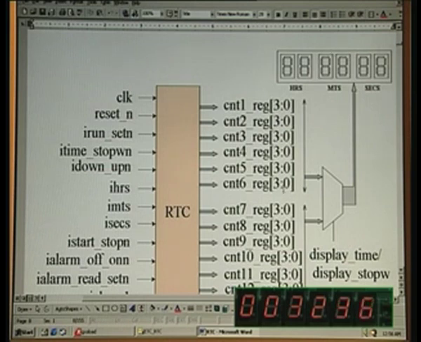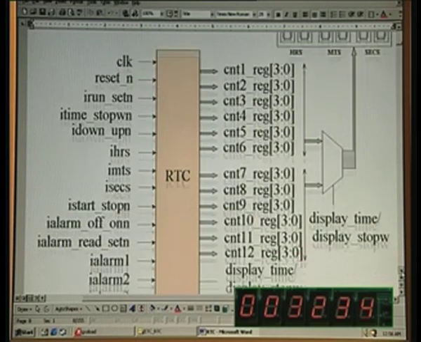Now if it is in stopwatch mode, we are going to use counter 7 through 12, which is the case for this particular example that you are seeing. The running stopwatch is using counter 7 through counter 12, and counter 7 corresponds to display 1, in the same order: hours, minutes, seconds. It is exactly the same order that we have seen for the display, and so is the case for counter 1 through 6, except that this is going to show the actual real time. So the real time that you have on your watch display will be through counter 1 through 6, and one of these sets will have to be routed to this display, and that is done by a mux here,